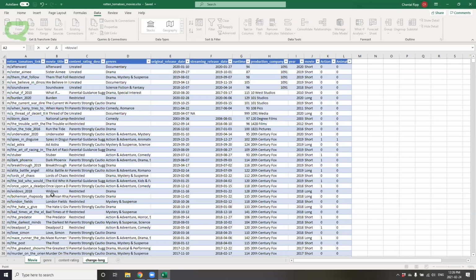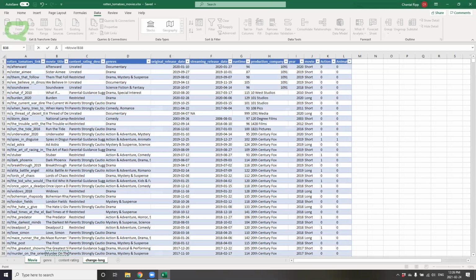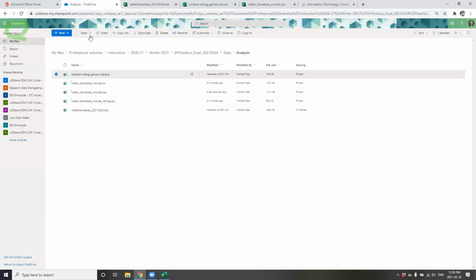Now, another one that's very interesting and a fun function that a lot of people use is VLOOKUP. So have you ever wanted to take two tables that you have and join it into one? For instance, here I have another data set that was provided, content ratings, not content ratings, pardon me. I did not add that data set yet. I have a data set for ratings, which is very exciting.